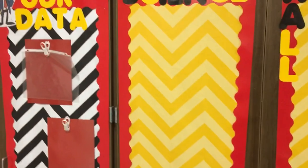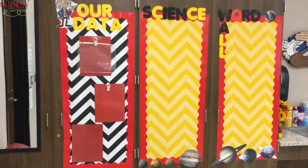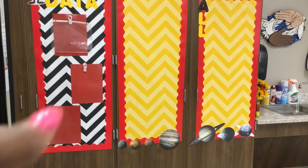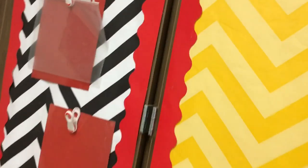This is my science word wall and my data wall. Let me back up so you can see it. My science word wall and data wall that I'll be using. This is nothing but closets. Nothing in here, but this is for my kiddos to put their jackets. I have a sink here,